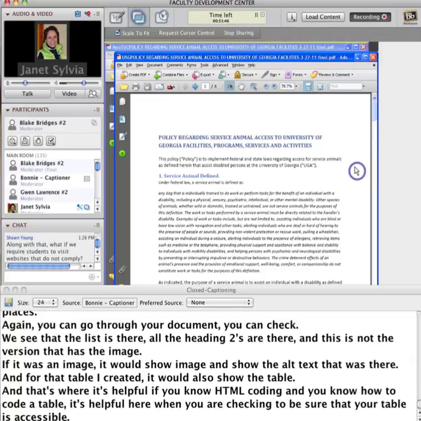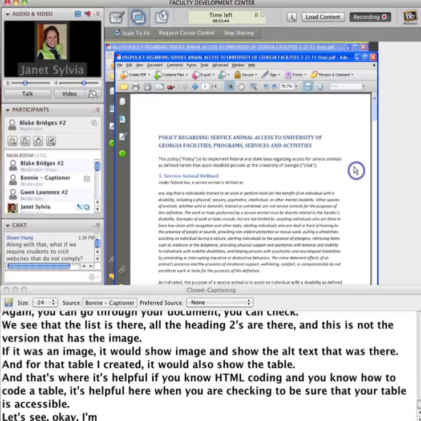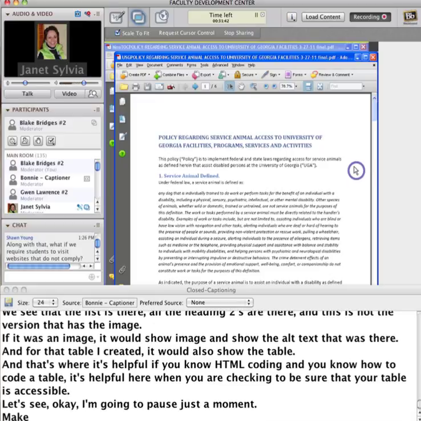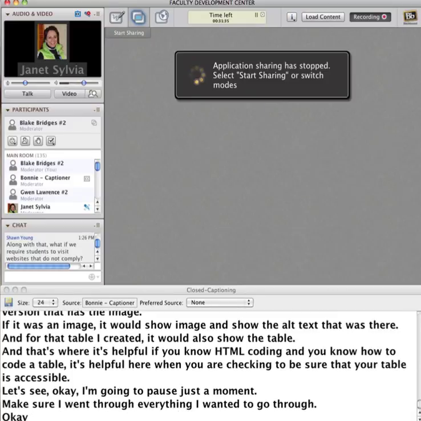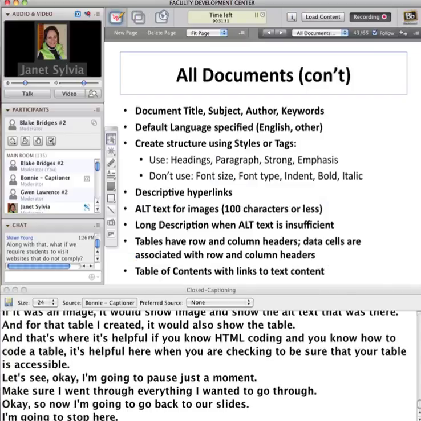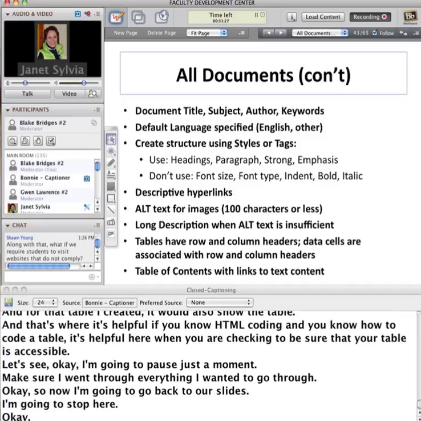Let's see. Okay, I'm going to pause just a moment, make sure I went through everything I wanted to go through. Okay, so now I'm going to go back to our slides. I'm going to stop here. Okay, and we're back on this slide. So these are the types